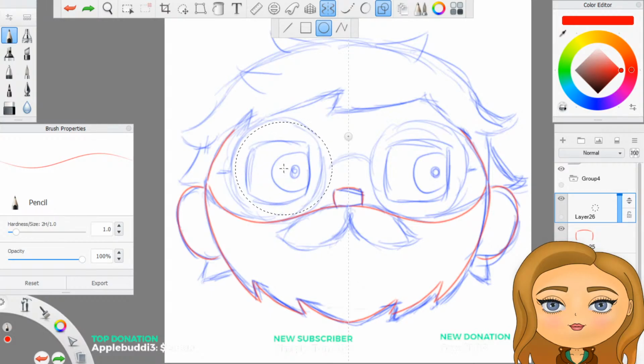I don't want them to touch the beard, I don't think, or the hairline. I think there might be a little bit better. Although they're not framing the eyes particularly well. Maybe I should do the eyes first, honestly. Although they're not going to be very symmetrical.